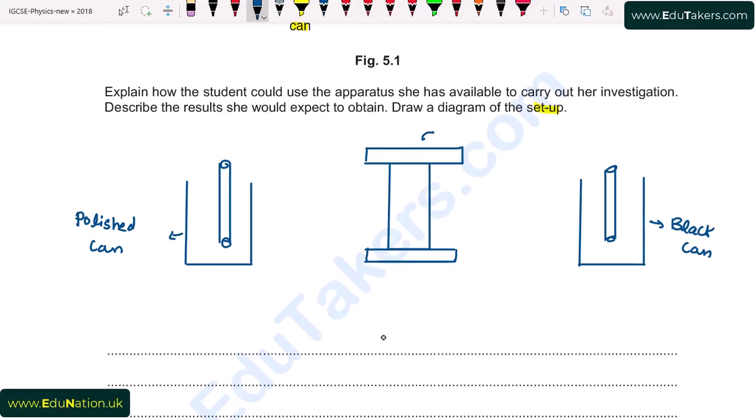So this is the heater. And it is at equal distance from both of these. So we will see that the temperature change for the black can will be larger as compared to the polished can because the black can is a good absorber. So I write here,